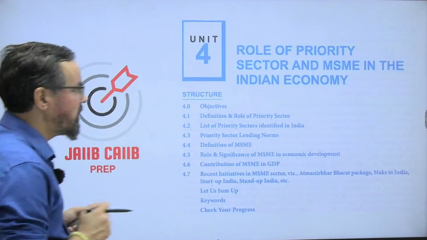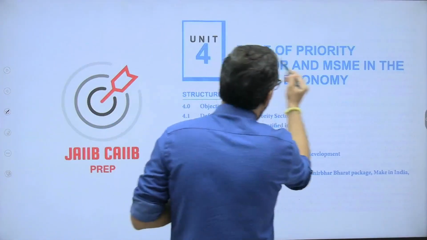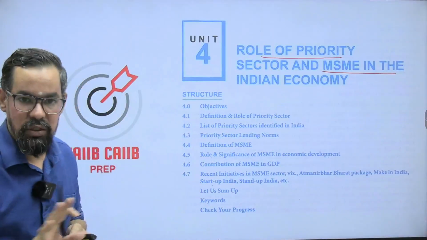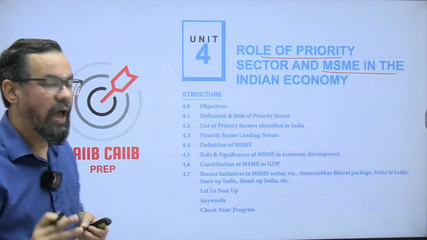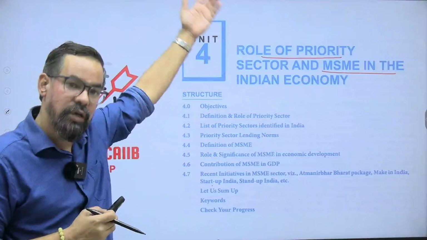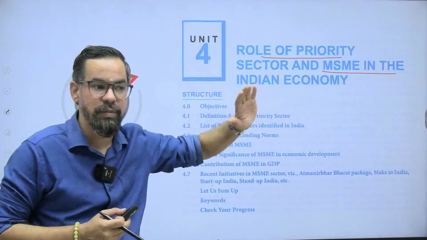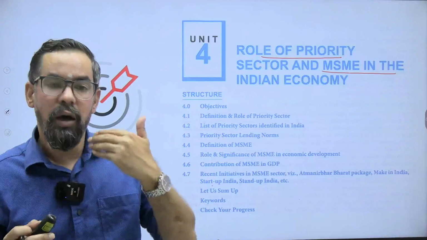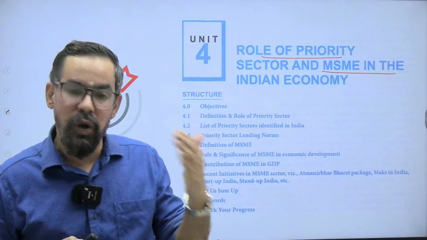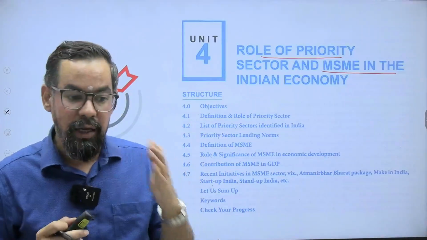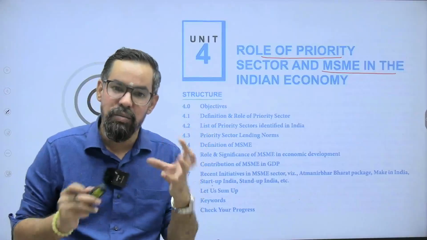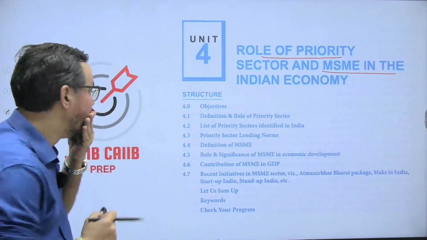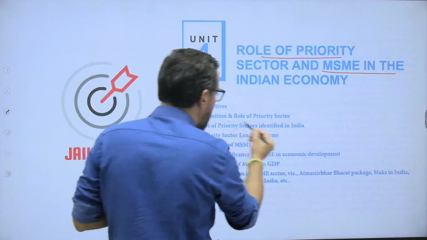Next we have priority sector lendings and MSMEs. Again 1 to 2 marks questions based on this particular unit also. There are two categories: one is around the priority sector, another one is around the MSMEs. Sometimes they ask statements on the guidelines for PSL by RBI, and it can be related to a mix of MSME and the overall PSL target also. So it includes the definition of priority sector,